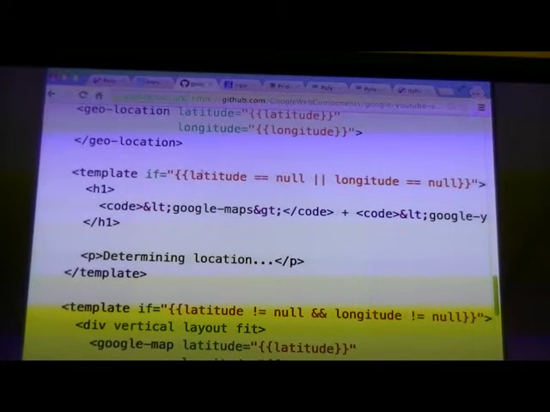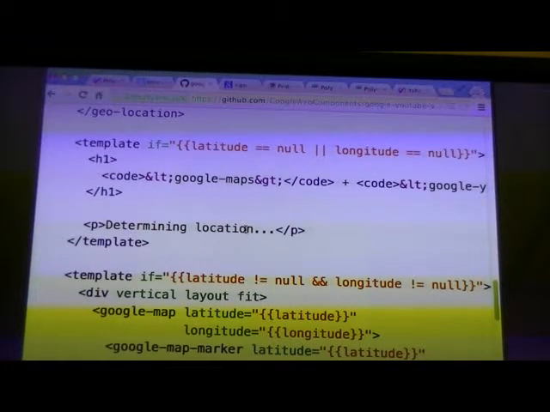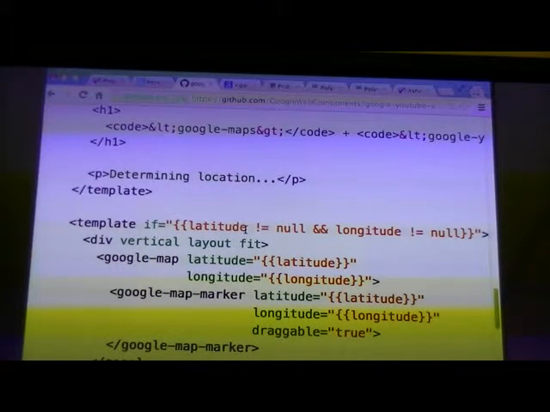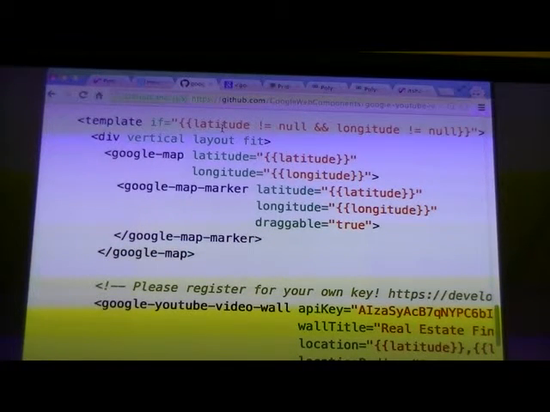have this conditional template over here where we say only render this part out if latitude is null and longitude is null, and that just shows the loading screen basically. So you have these if statements and repeat statements within the templates. And then you're just saying, I have a Google map, the initial latitude and longitude are going to be set from the geolocation, I have a marker that has the same bound variables and it's draggable, so as soon as you drag the map marker, it's going to update the latitude and longitude